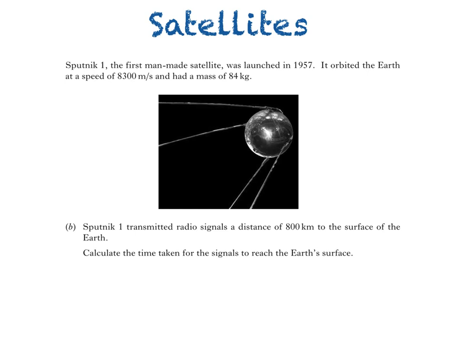This can be found in the datasheet at the front of the exam, as long as you remember that radio waves travel at the same speed as light in air. That's because both radio waves and visible light are members of the electromagnetic spectrum, together with microwaves, infrared, ultraviolet, X-rays and gamma rays. That means that radio waves travel at 3 times 10 to the power of 8 metres per second in air.